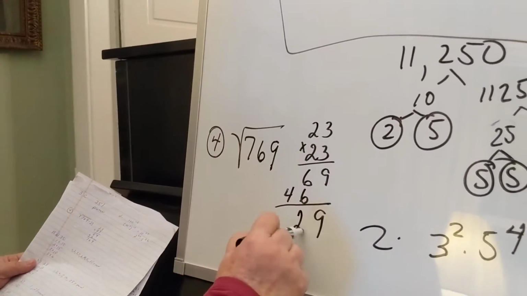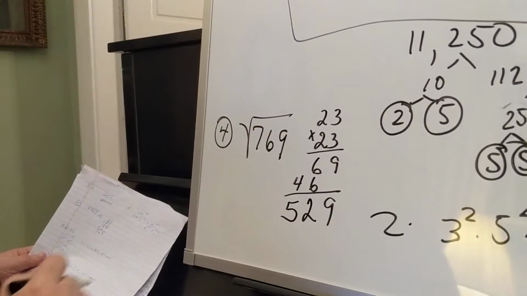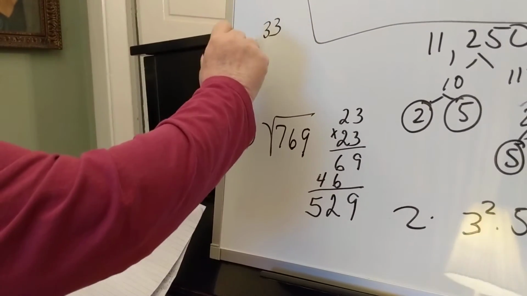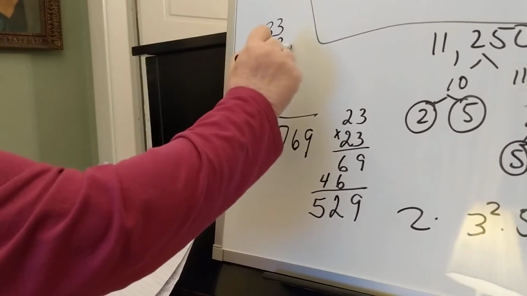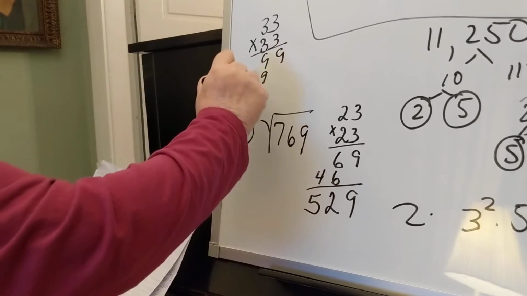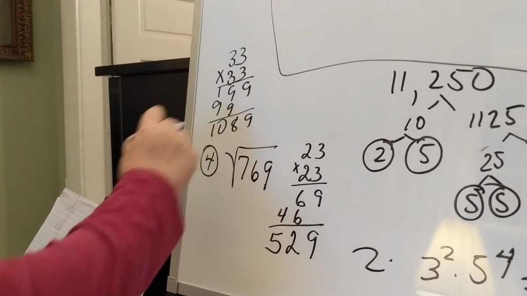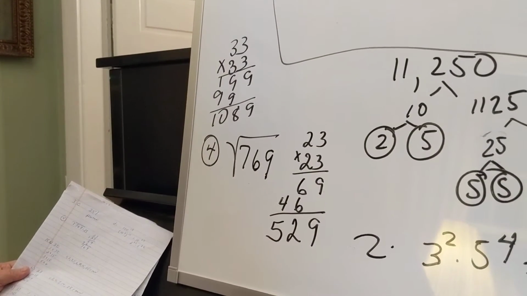6 and 6 is 2. That's 529. Not enough, is it? So let's try 33. That's 9999. That's going to be too much. I could have sworn that it was,